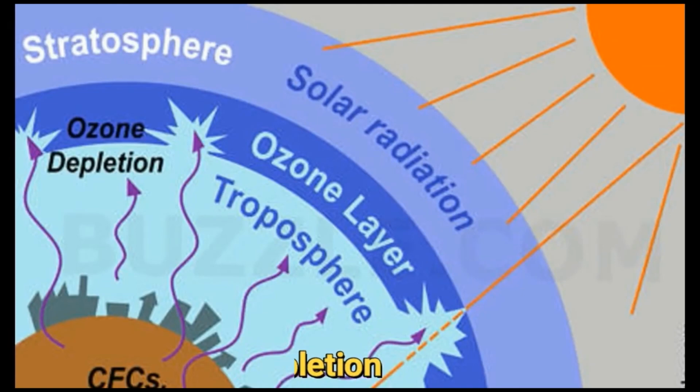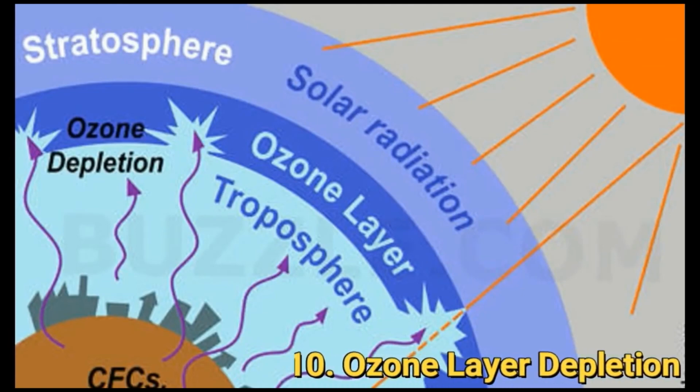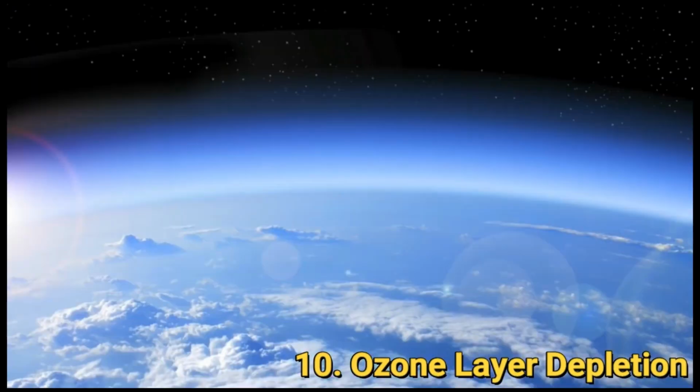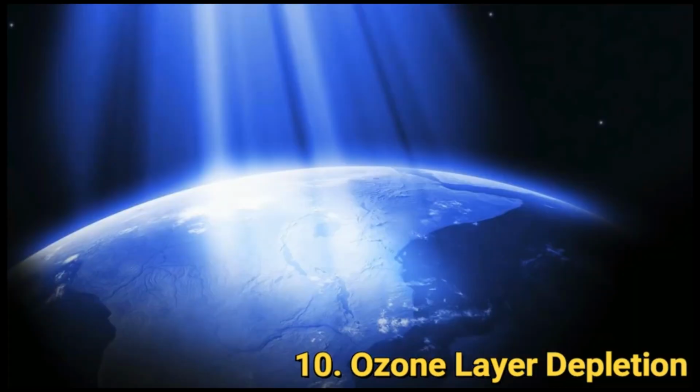Number 10, ozone layer depletion. The ozone layer is an invisible layer of protection around the planet that protects us from the sun's harmful rays. Depletion of the crucial ozone layer of the atmosphere is attributed to pollution caused by chlorine and bromide found in chlorofluorocarbons, CFCs. Once these toxic gases reach the upper atmosphere, they cause a hole in the ozone layer, the biggest of which is above the Antarctic. The CFCs are banned in many industries and consumer products. The ozone layer is valuable because it prevents harmful UV radiation from reaching the Earth. This is one of the most important current environmental problems.